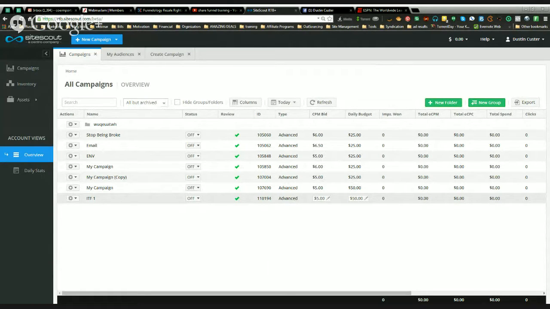So let's dive in here. With SiteScout, like I said, the platform is very, very straightforward in the way that it works. This is going to be your main screen. You've got to think of this as your home base. And when you first log in, all you're going to see is